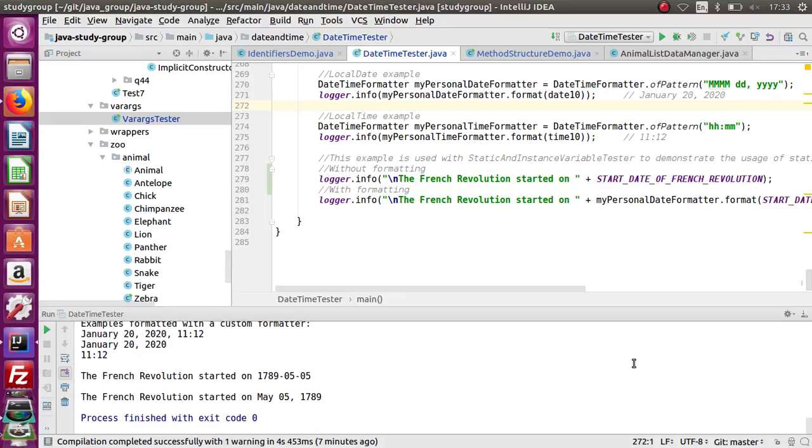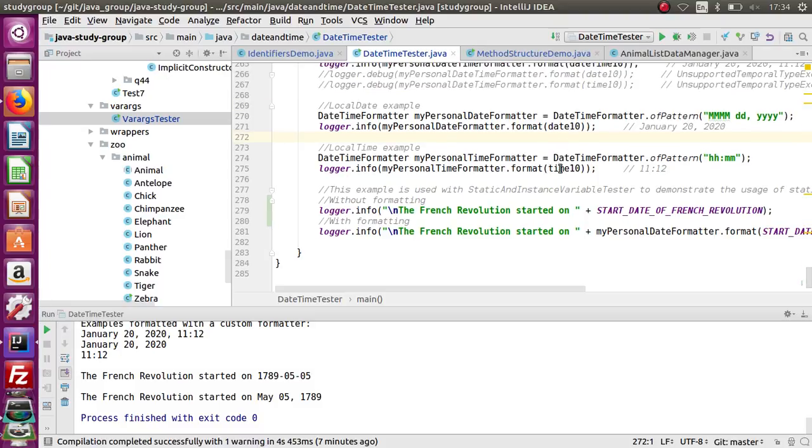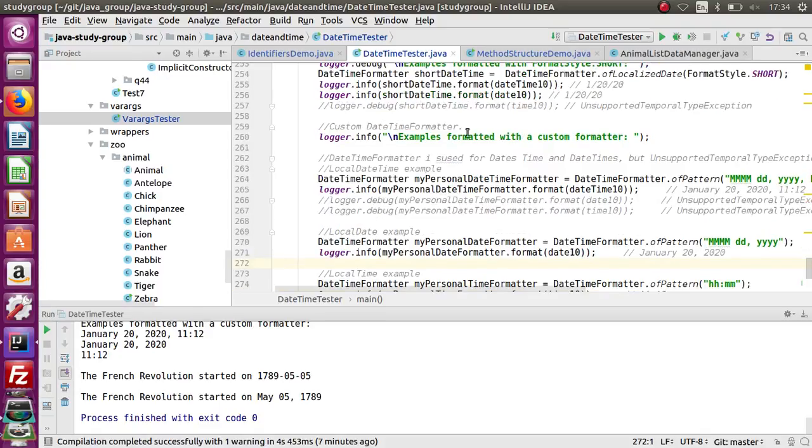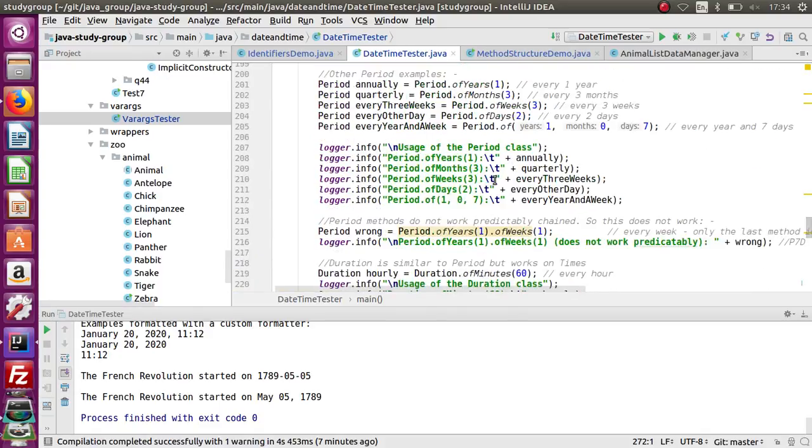So this session is going to start chapter 4 of the study guide, but before we get started, there's just a couple of things we swept over quite quickly in the last session, just to complete some of the other things we looked at at the end of chapter 3. If you remember, the last thing we looked at was this date time tester. We looked at all the different methods and